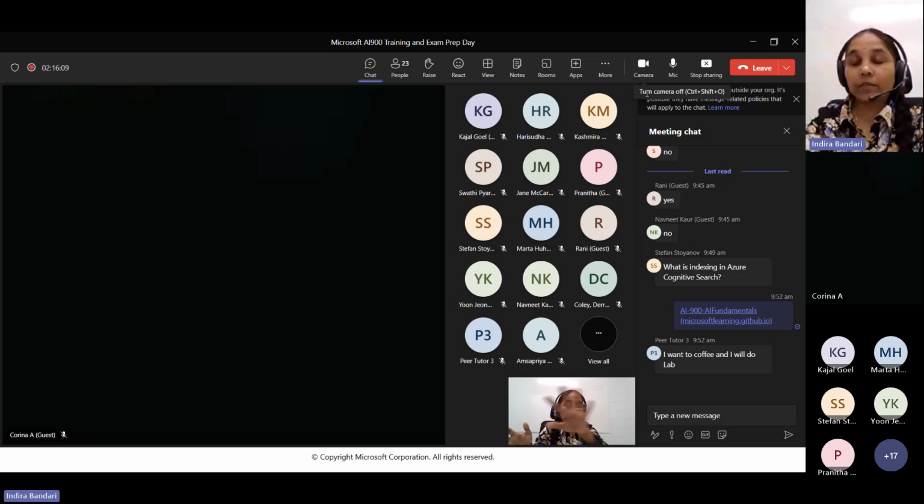So what is it that we are doing there? We are doing some sort of indexing. We are indexing in the sense we are classifying: these books belong here, these books belong here. Likewise, indexing in Cognitive Search is also similar. When you upload the documents, Azure Cognitive Search goes through the documents and indexes them, so that it is ready to give the responses when we ask the questions.